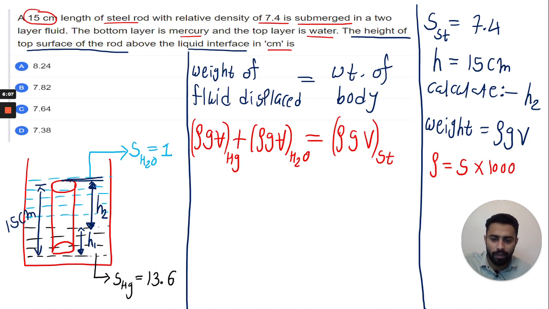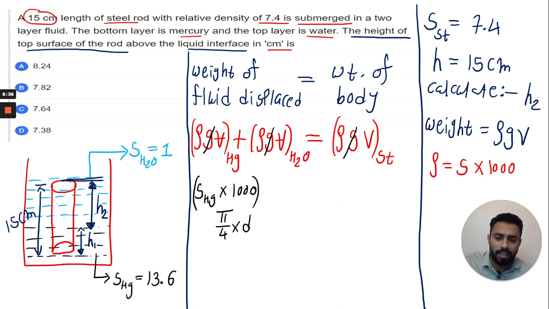Instead of this first bracket, we will write S of Hg multiplied by 1000. This is the density for the mercury, and this g will get cancelled because it's common. So rho Hg multiplied by volume of Hg. What is the volume of Hg? If you remember, the volume will be pi by 4 d square multiplied by the height. What is the height? H1